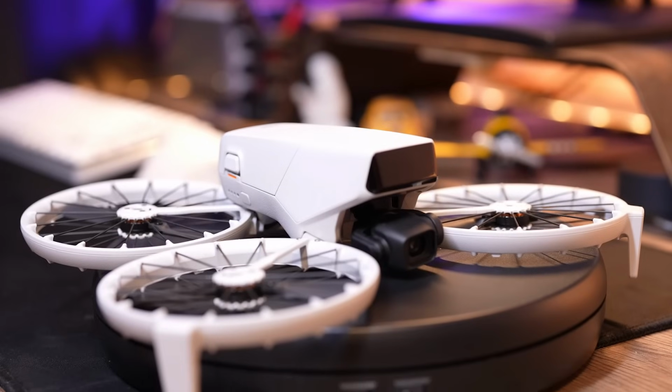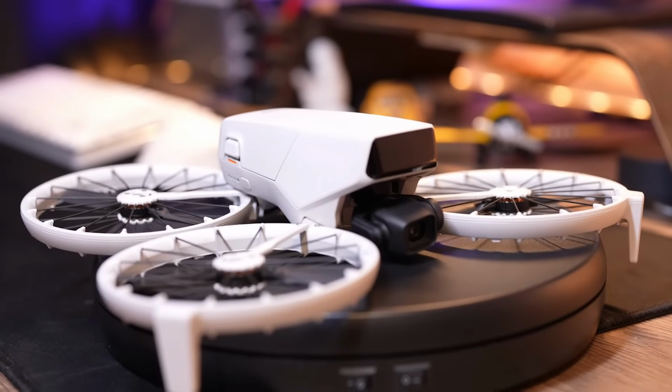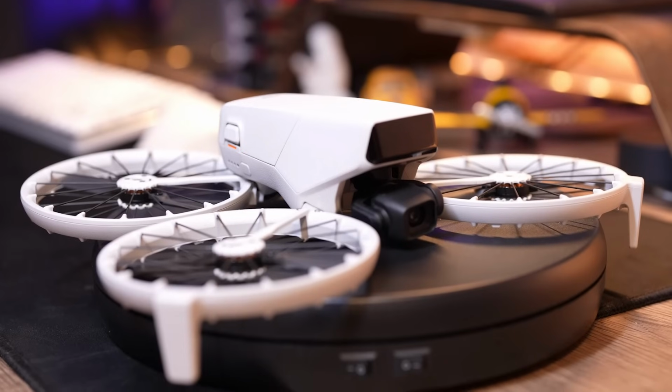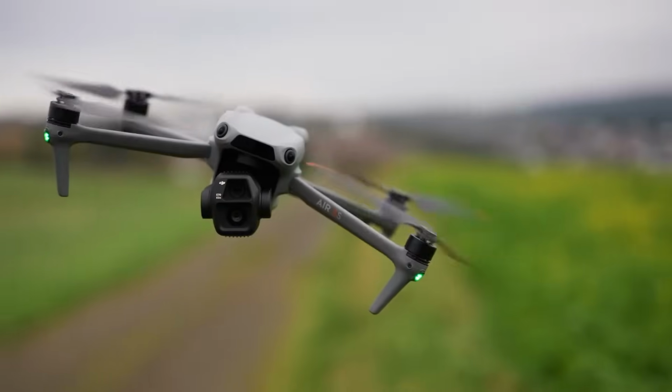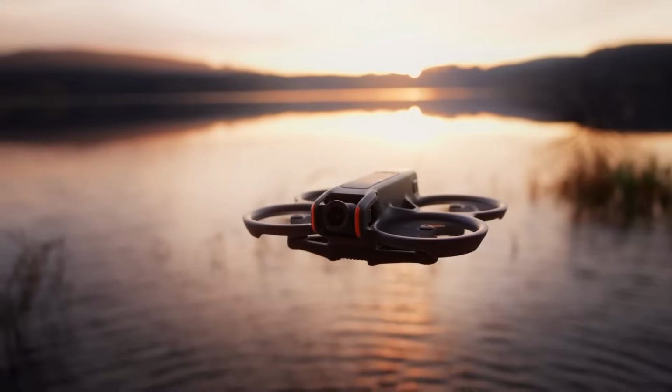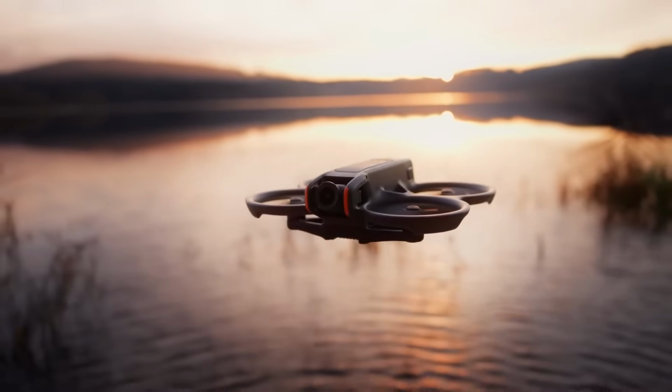Now, here's the deal. Not all drones are made the same. What works for one person might be completely useless for someone else. That's why I've got options for everyone. Whether you're a total noob trying not to crash, or a pro out here trying to make the next Hollywood